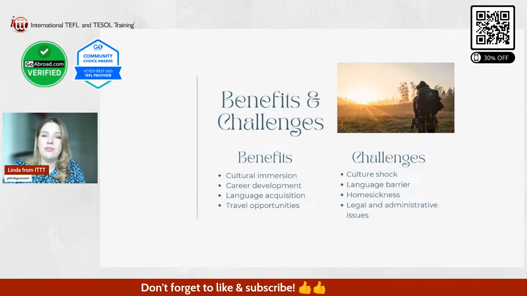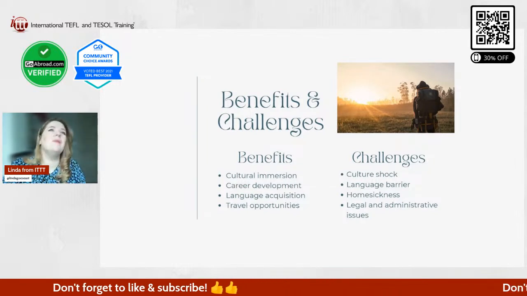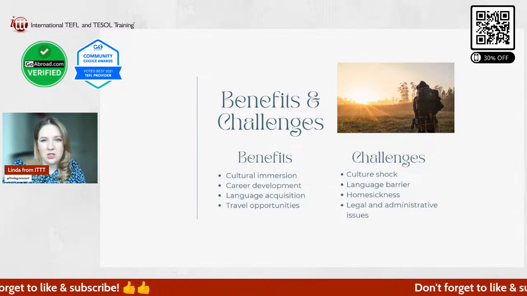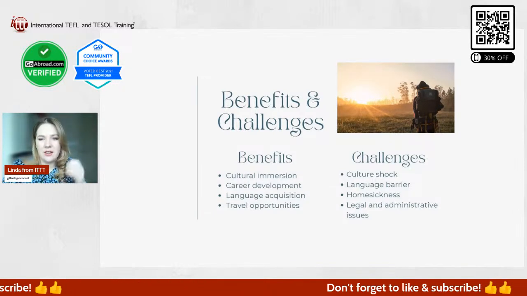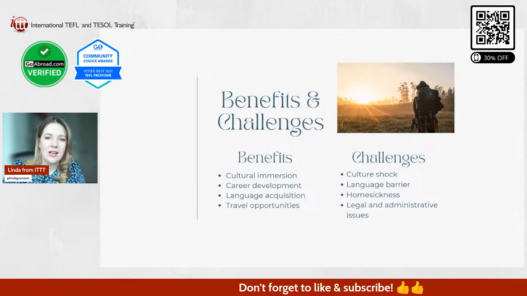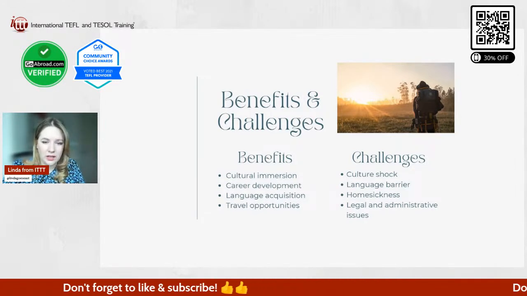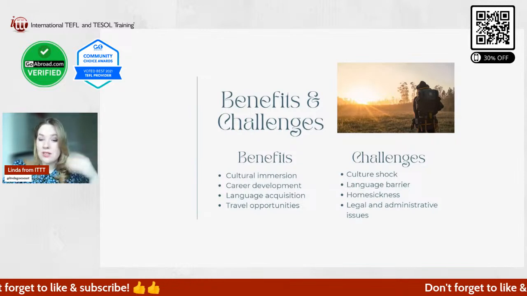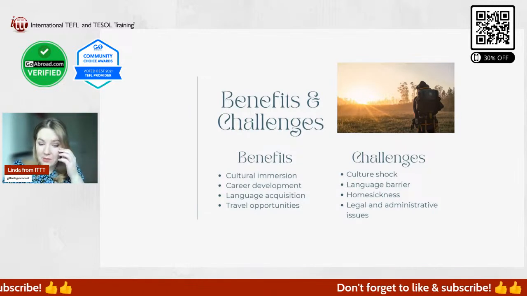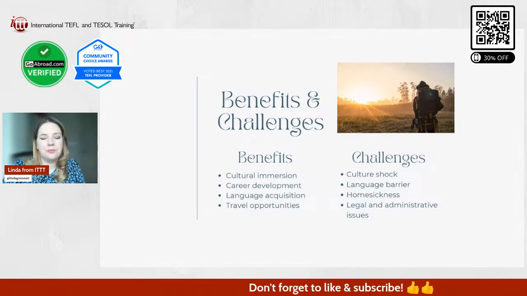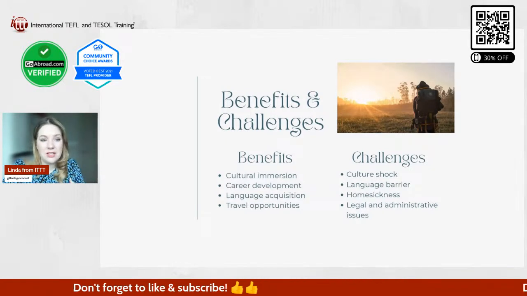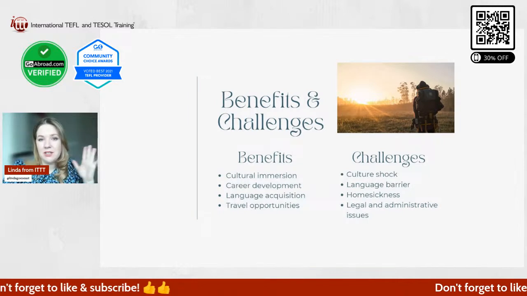So how can you prevent culture shock? Just do as much research as you can beforehand. And I think a lot of us here are doing that. If there's a country, a place where you're really keen on going, for example, Korea or Thailand or Vietnam, Taiwan, just research as much as possible. And I think the great thing about today, we have things like Instagram and TikTok.